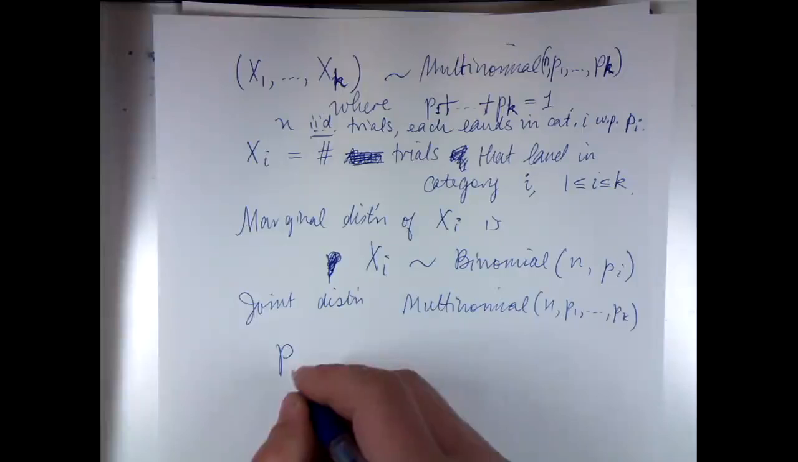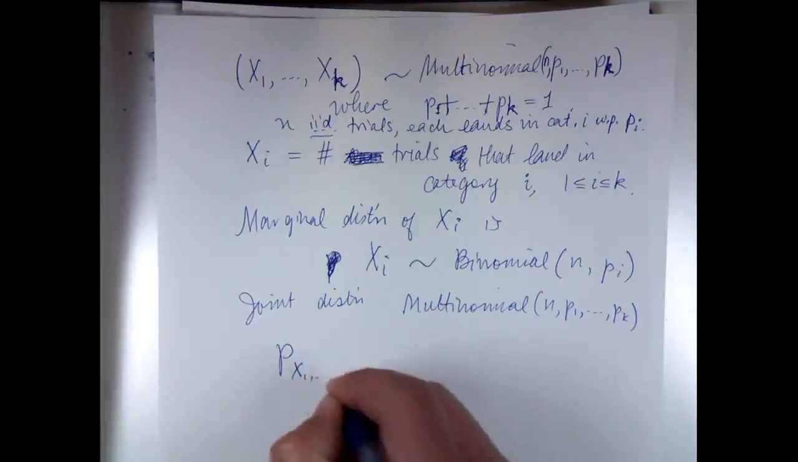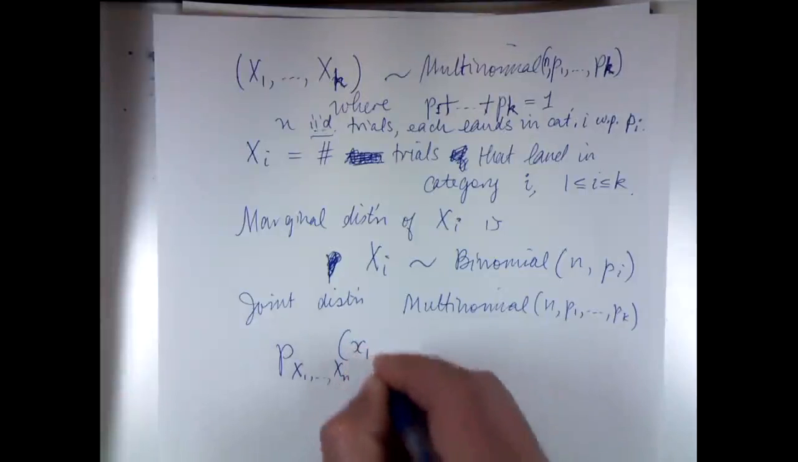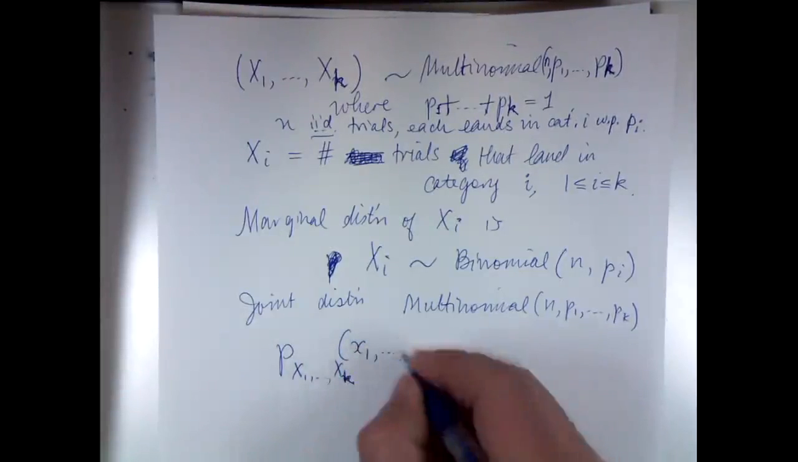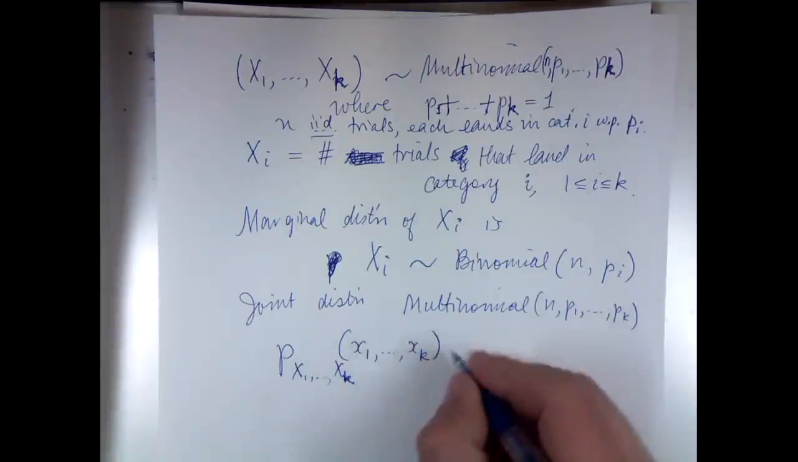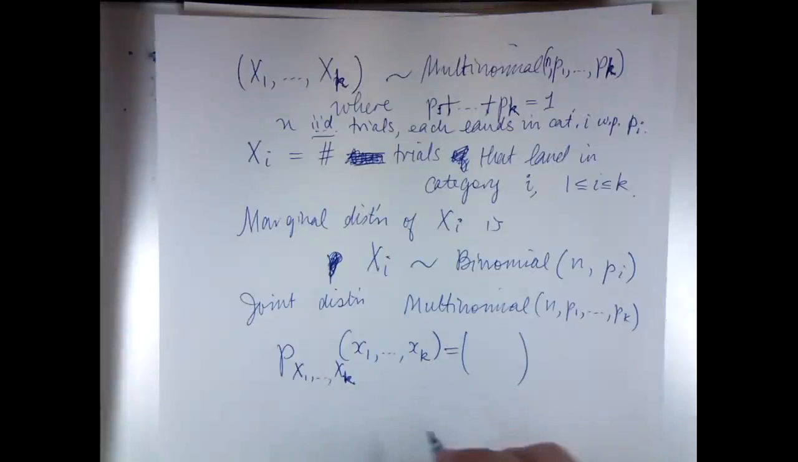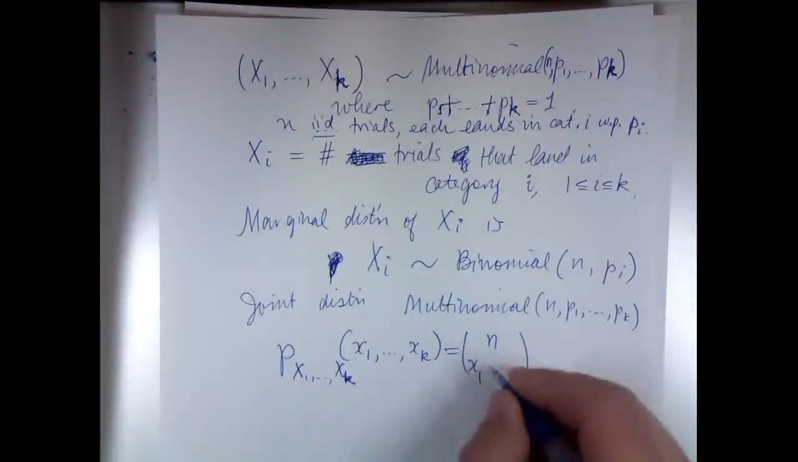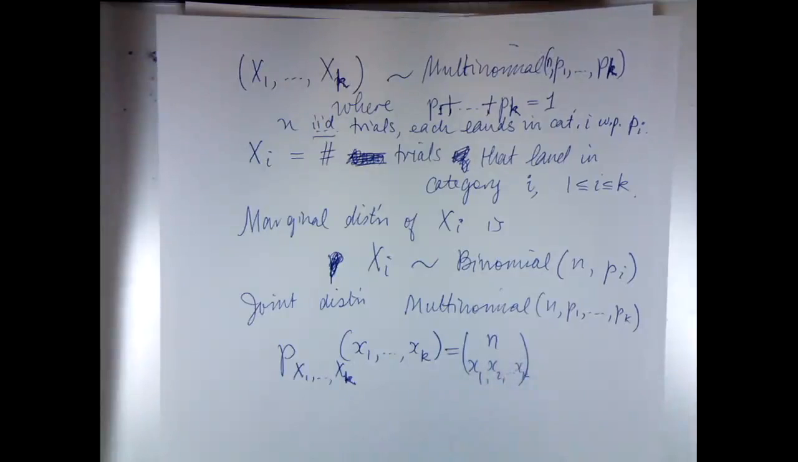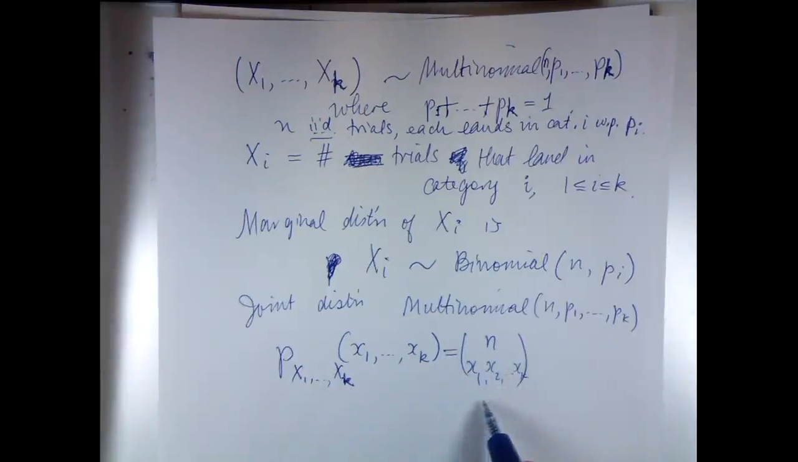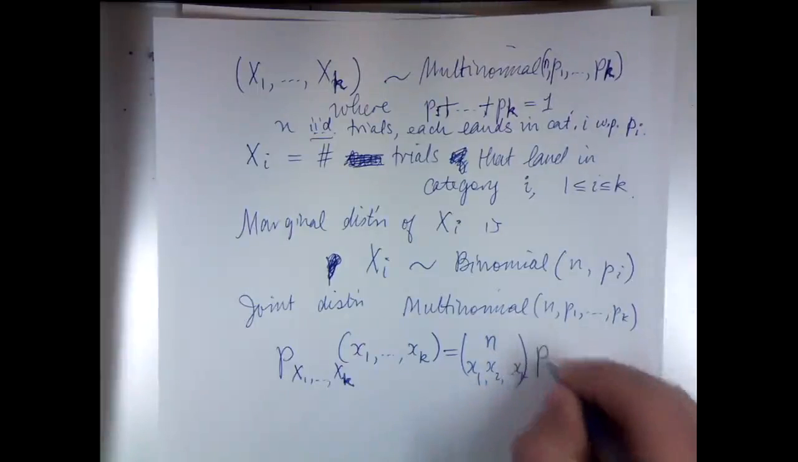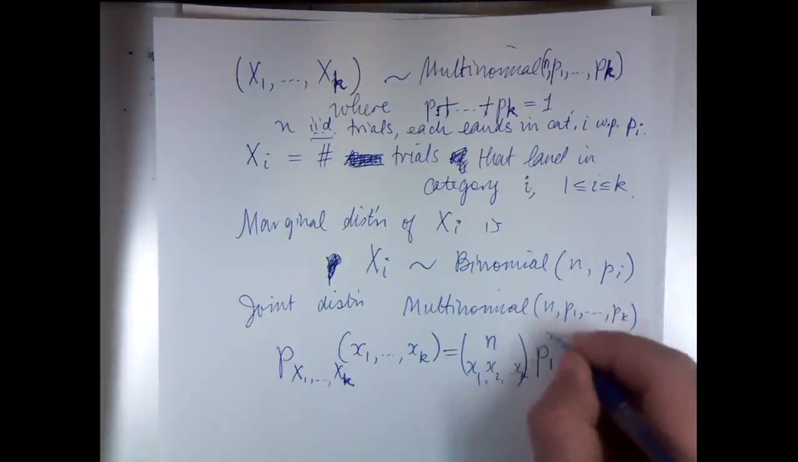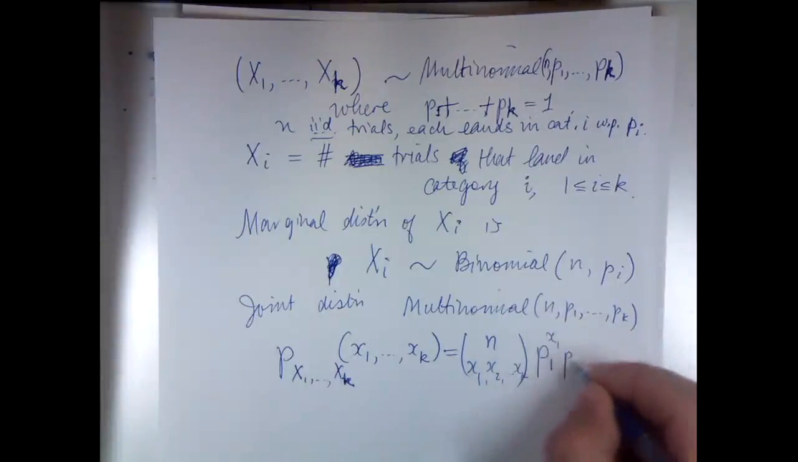P of x1 up to xk, sorry, there are always k categories, is equal to, well, it's great that we did the multinomial coefficients, because out of n, I'm going to have to choose x1 to be category 1, x2 to be category 2, and xk to be category k. So, great, we did multinomial counting. That's how many ways you can choose them to be in that category. But of course, then you have to have the probability that you actually had x1 of the p1s, x2 of the p2s,